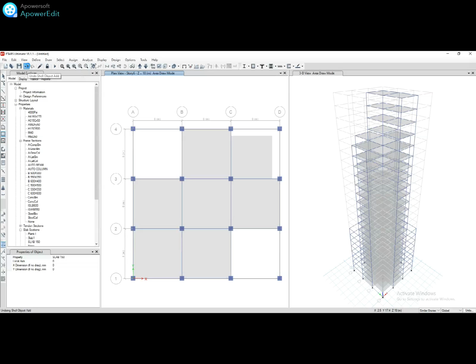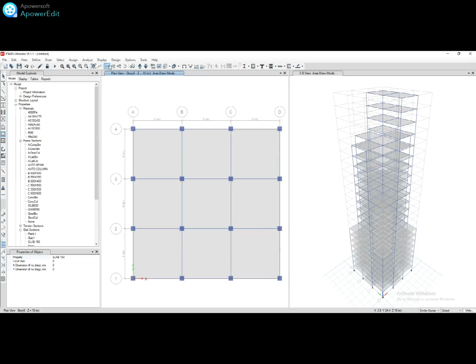Now you have to undo it. Okay, draw it again, draw it, and now the last one I have to draw it. Okay,